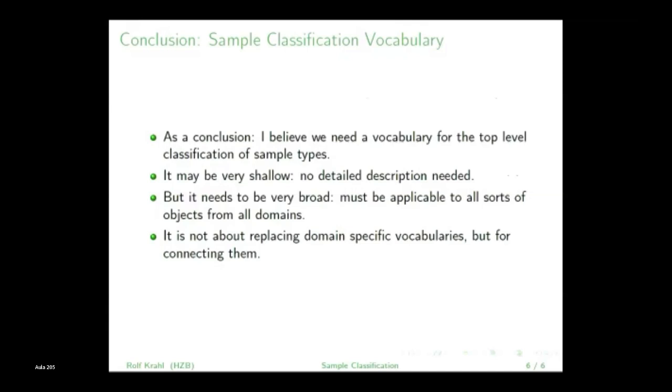Well, I think this is an important problem, and in the short presentation I'll give in a little bit, I think what we found in this iSamples project I've been working on, trying to develop such a cross-domain sample classification system, is that to get something workable, we ended up refactoring sample type into 3 different aspects, facets, dimensions: material type, object type, and sampled feature. And I think that gives you a more workable system where you can have manageable vocabularies with 10 or 20 high-level classes in each one of those that can get you started.